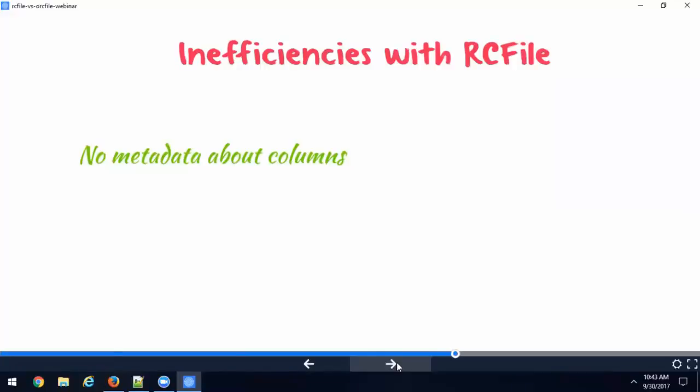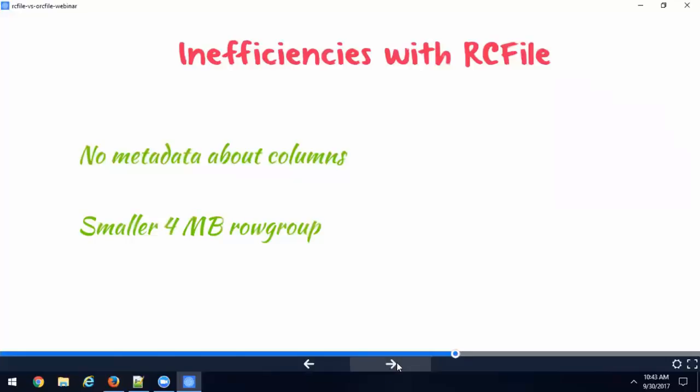All it did was a horizontal partition and then a vertical partition, to combine the row major and the column major format together. So there was no metadata about the columns, which means with lazy compression, yes, you get some benefit. Your queries are going to execute faster when you have predicates, but when you don't have a lot more information about the column, you can't optimize much.